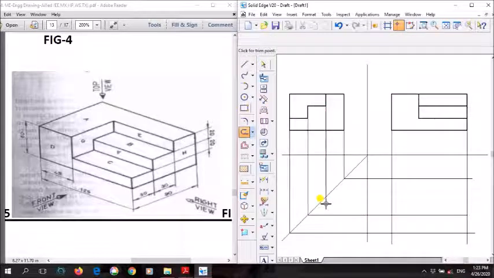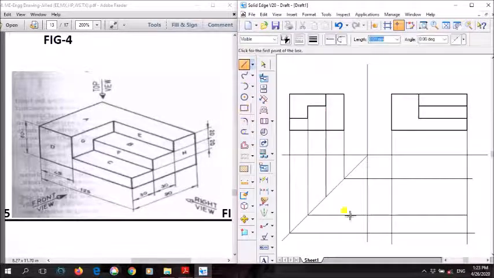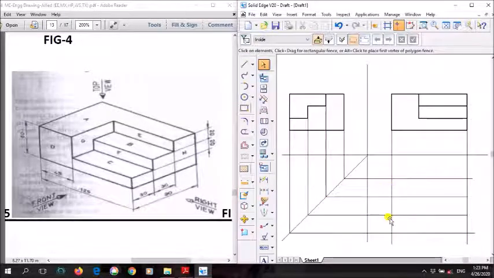Then I'll just trim it. Extend it like this. So now I got the outer part, and similarly I got the inner part.